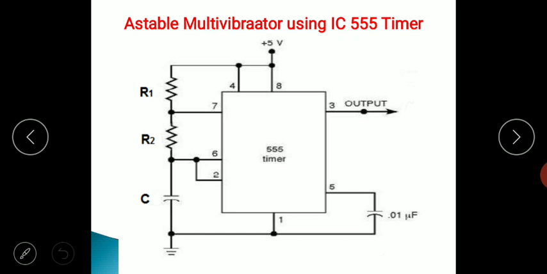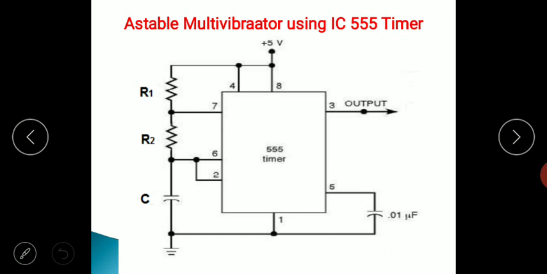So what you have to remember here is what is there inside the 555 timer. There is a voltage divider formed by 3 resistors, and this will divide the VCC into 3 parts: 1/3 of VCC, 2/3 of VCC, and the final upper resistor will have the entire voltage of VCC. Then 2 comparators which are constructed using op amps, and the output of the comparators is given to the SR flip-flop, and then in addition we have 2 transistors.